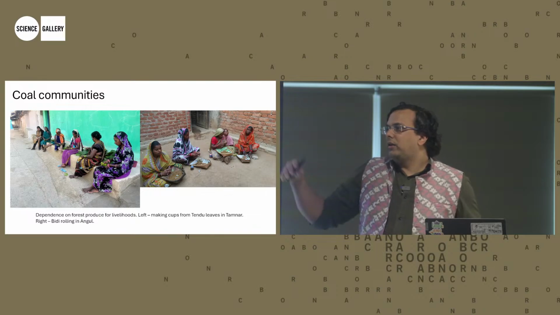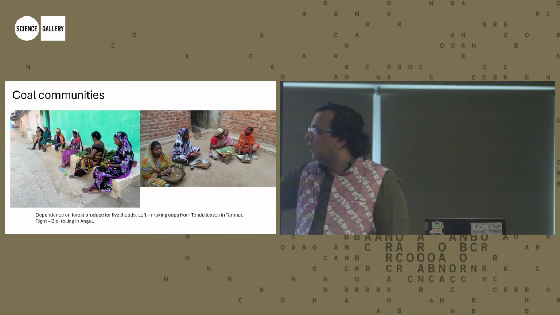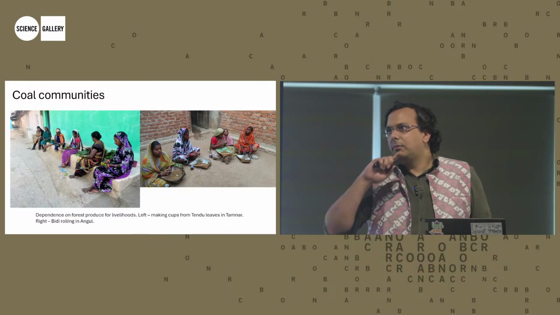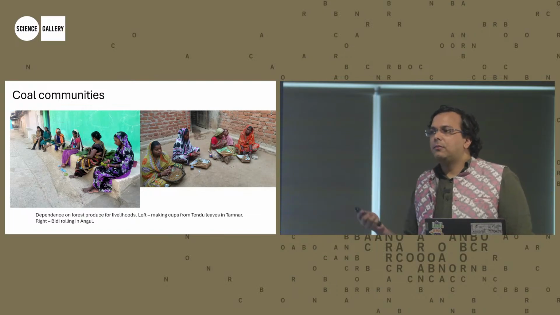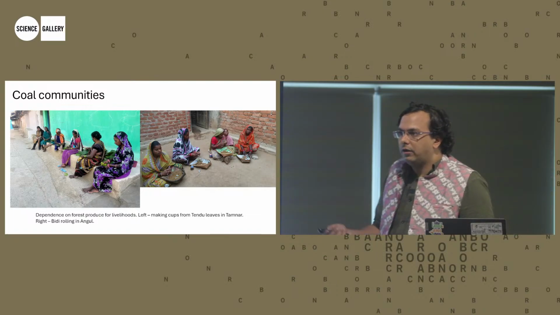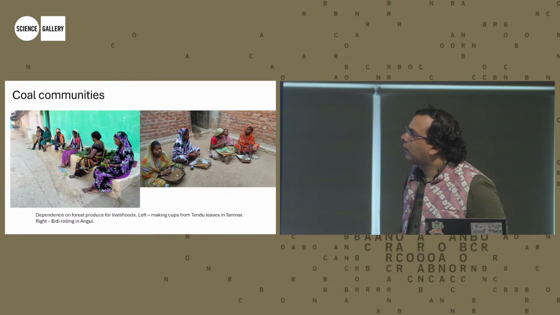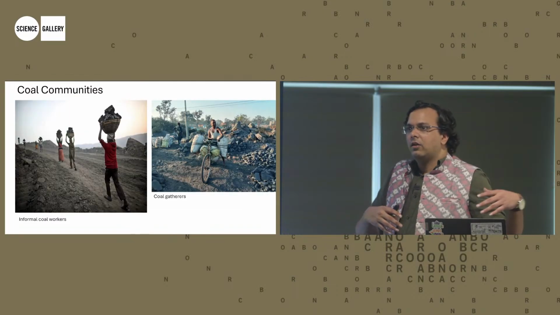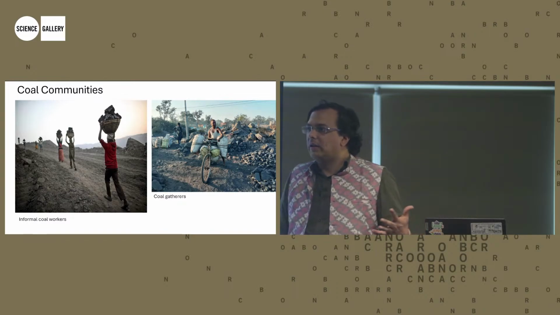So the point is that there's 220,000 formal employees. It's not their wives who are doing this, right? It's the others. My estimate is, and I'll show you some maps for this, about 10 million people are dependent on coal for their livelihood every day in India, between workers and their families, right? And most of them are not working in the mines, right? So there's a massive informal coal economy which exists around most mining regions in India.